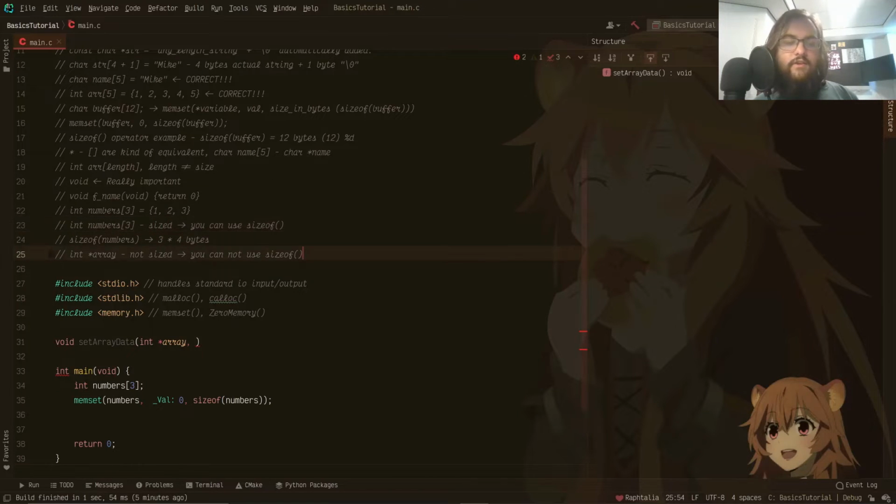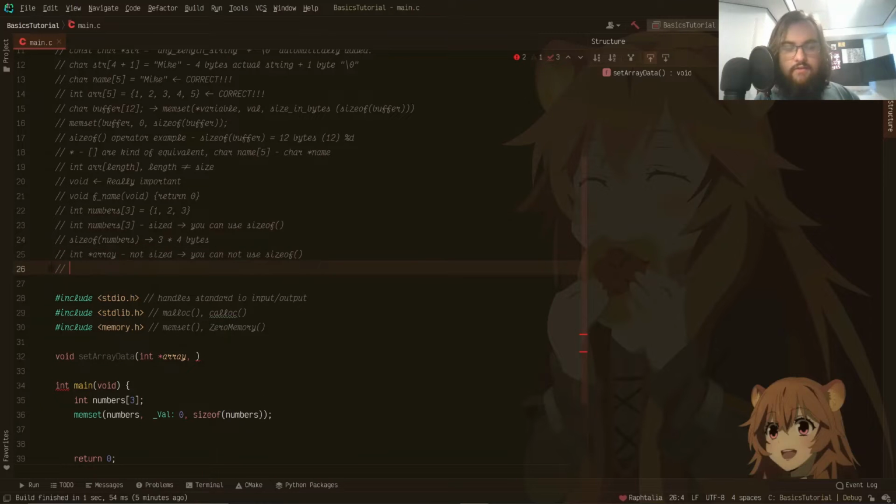So this is not sized, which means that if you use the sizeof operator here, so if you do sizeof, let's say,